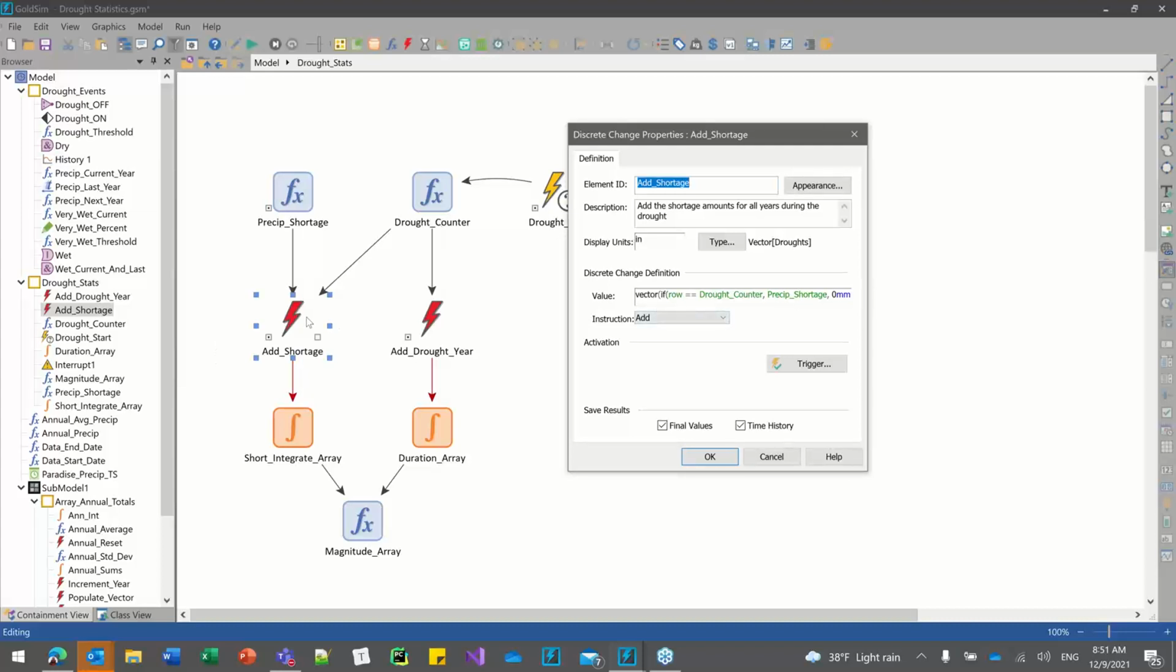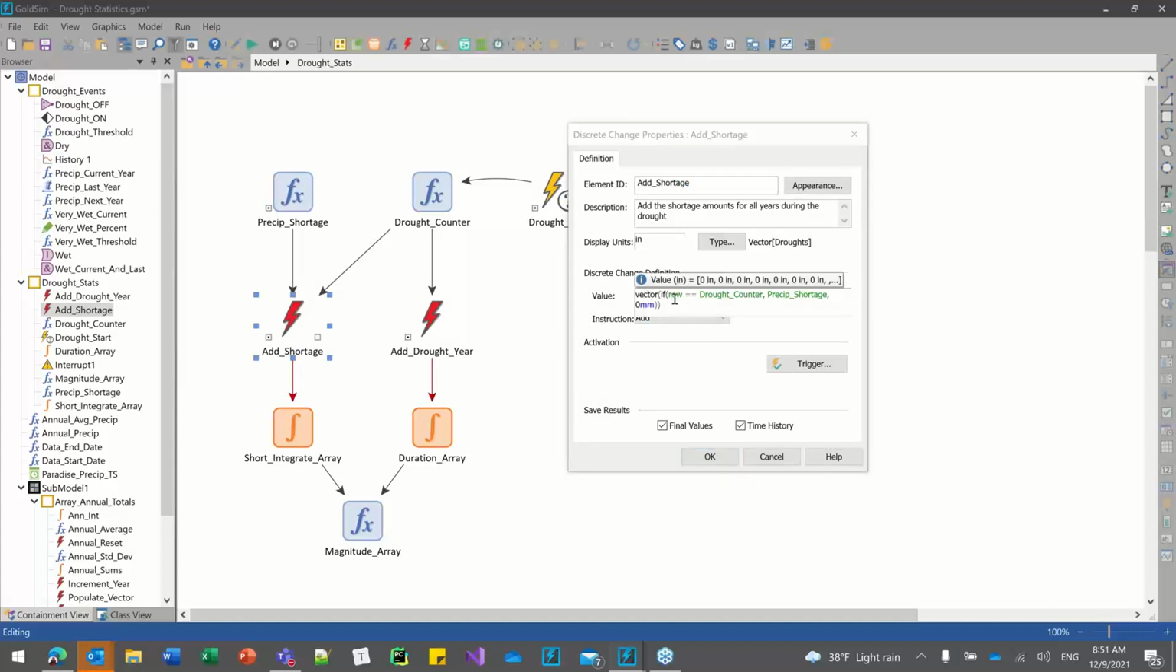Okay, so with this discrete change, we can use a vector constructor that says if the current row of this array, the array of droughts, is equal to the counter, the drought count. Let's just imagine for a second we're looking at the first drought. It's going to walk over this entire array, and if we're looking at the first row, if that equals the first drought, then that's what we want. We want to put the precip shortage amount into that row. If we're on the second row, it will wait until the drought counter is number 2, and then assign the shortage